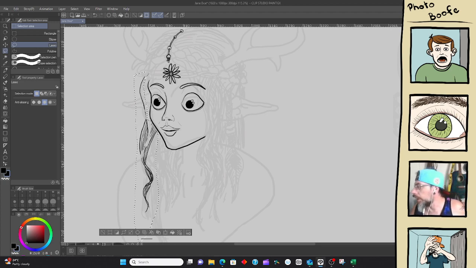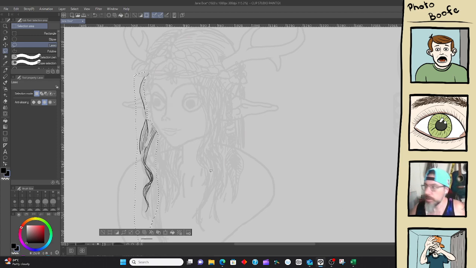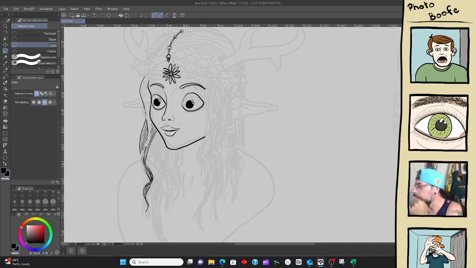So it's renaming a layer behind what you can't see. And if I get rid of this, I still have that. Alright, cool. Hair is on a new layer.